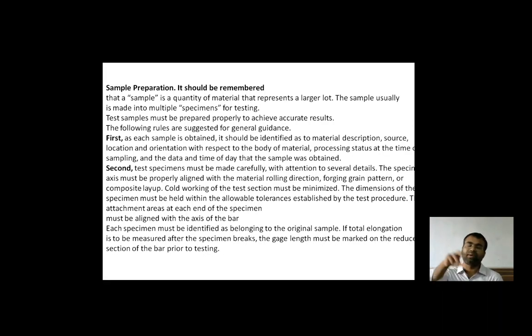Obviously जिस samples को हमें identify करना है वो उसी से belong हो। If total elongation is to be measured after the specimen breaks, the gauge length must be marked on the reduced section of the bar prior to the testing। तो ये जो स्टैंडर्डिंग जो हमने डिफाइन किया हुआ है गैज लेंथ को लेने का और टोटल इलॉन्गेशन को मार्क करने का, तो ये सारी चीज़ों को हमें सैंपल प्रिपरेशन के टाइम में ध्यान देना जरूरी है। तो दो चीज़ें होगी, जब आप उसको प्रोसेसिंग कर रहे हैं, जिस लॉट से उसको काट रहे हैं और जिस तरीके से, चाहे आप रोलिंग से उसको बना रहे हैं, चाहे फॉर्जिंग से बना रहे हैं या उसके ऊपर कंपोजिट की लेयर कर रहे हैं, तो उस समय मटेरियल का ध्यान देना है।